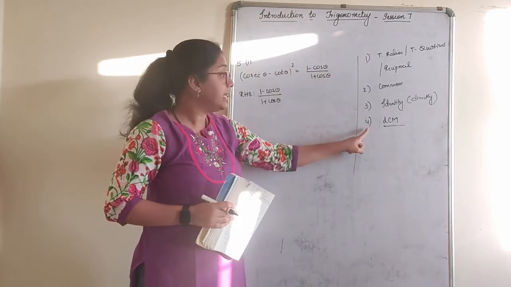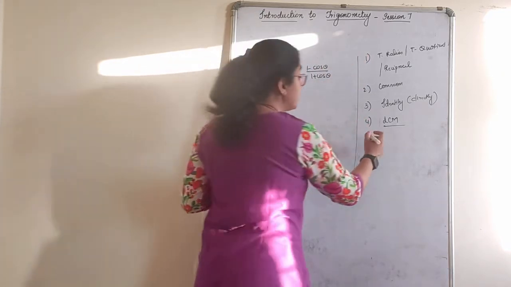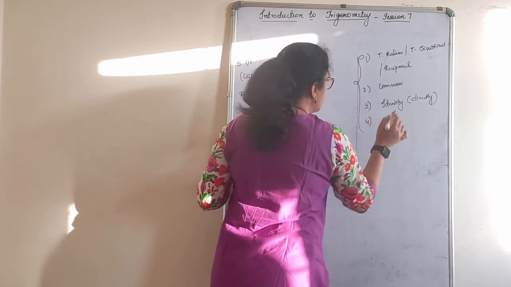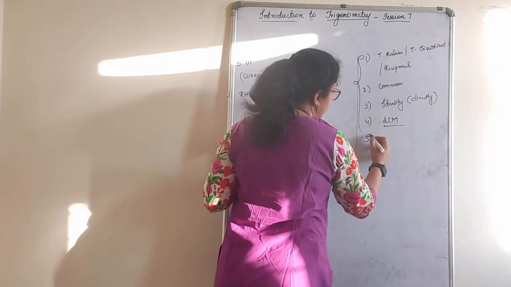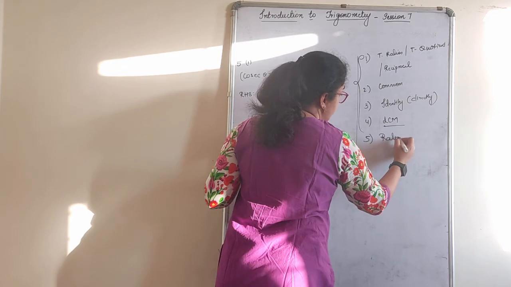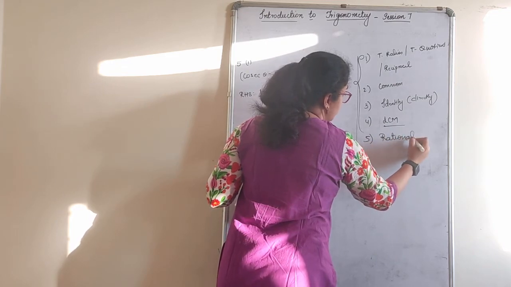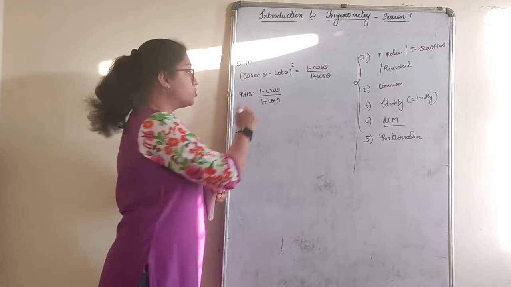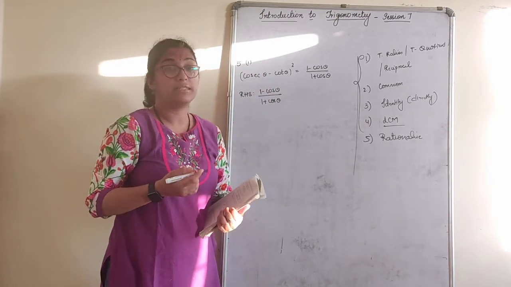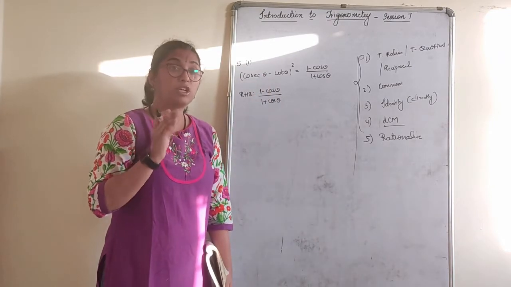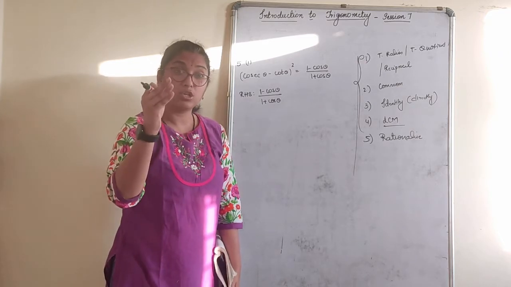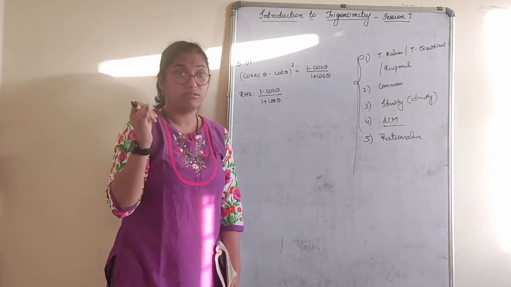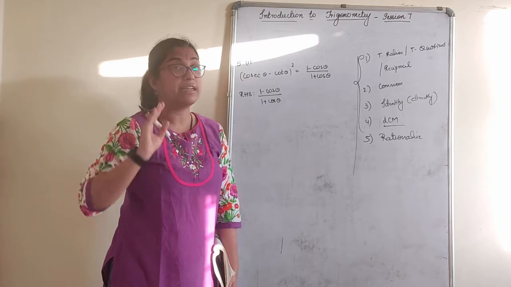Next, if nothing of this is possible, then we rationalize. Do you think anything is possible here? Of course, don't tell me I will write cos as 1 by sec. No. Reciprocal ratios we only write for sec, cosec, tan and cot. We don't use that for sine and cos.